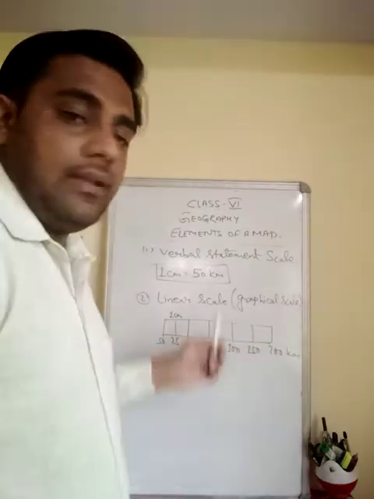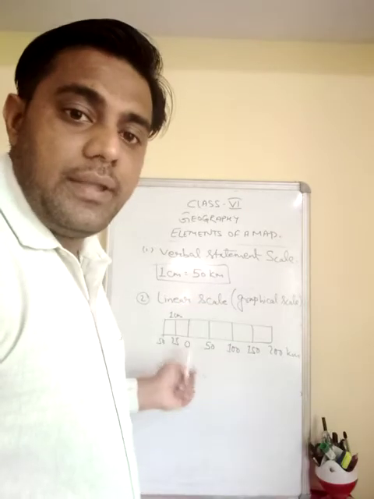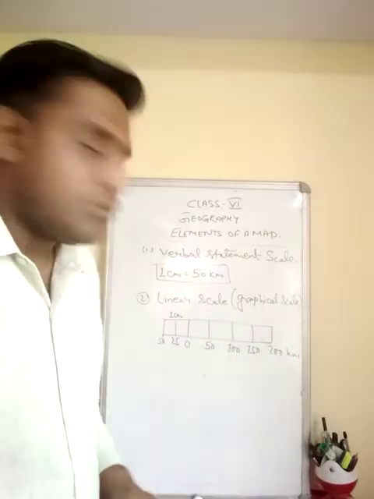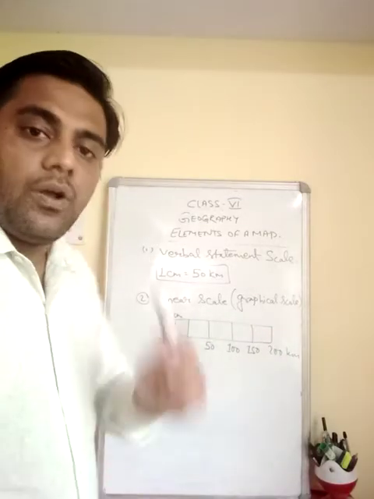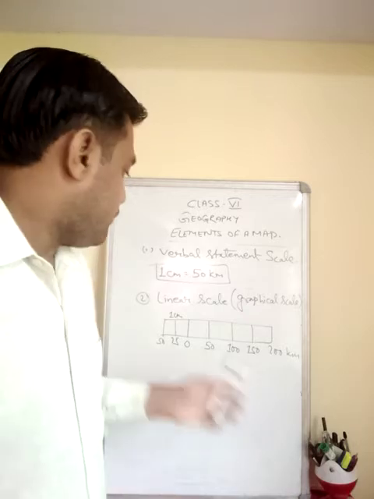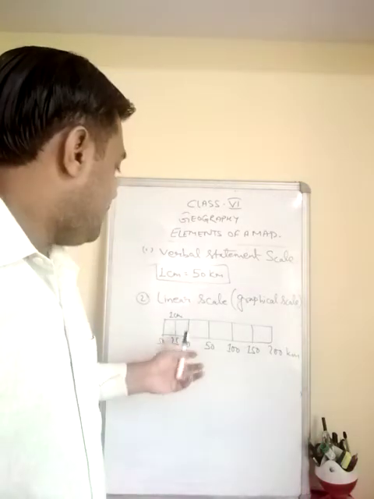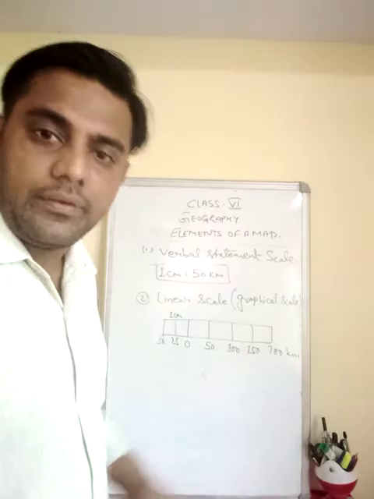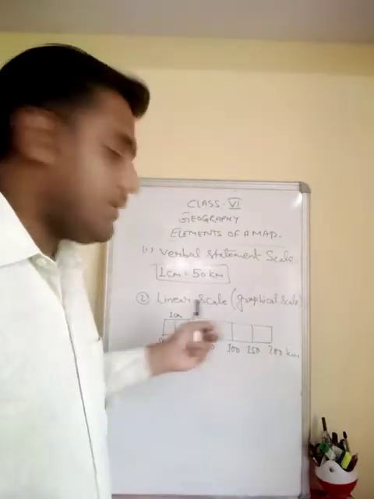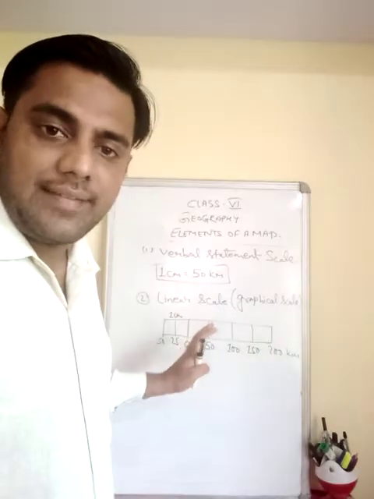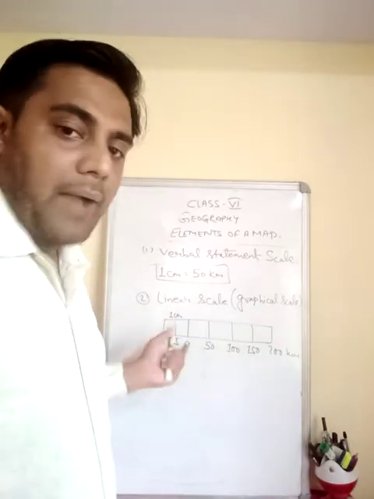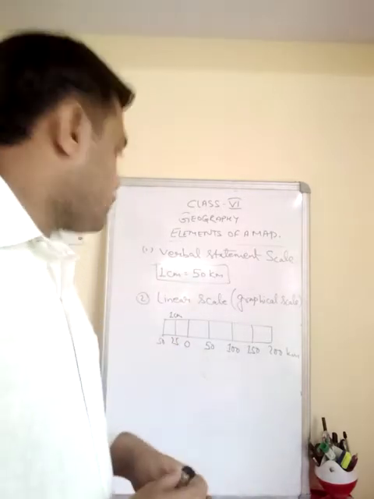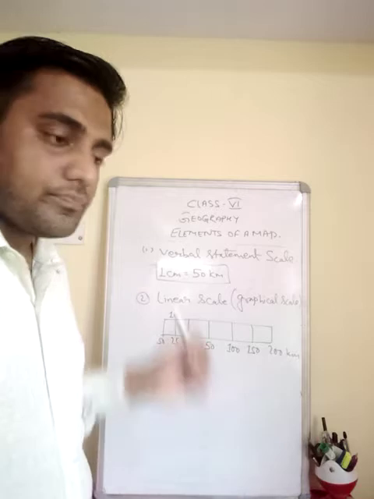In a linear scale, instead of a statement, there will be a diagram. Now suppose this kind of diagram is there. What this shows is that every 1 centimeter on the map shows 50 kilometers on the ground. That means 50, 100, 150, 200 kilometers overall. And it can be more or less also, depending. It's just an example. And the first part will be subdivided into 2 or more categories, which shows that every